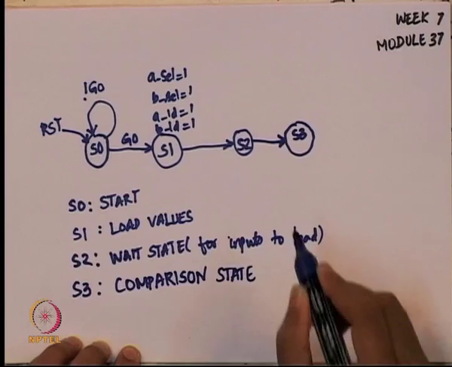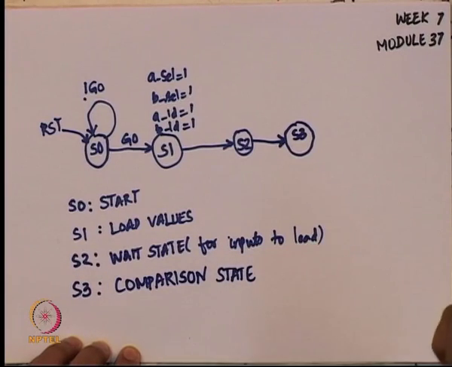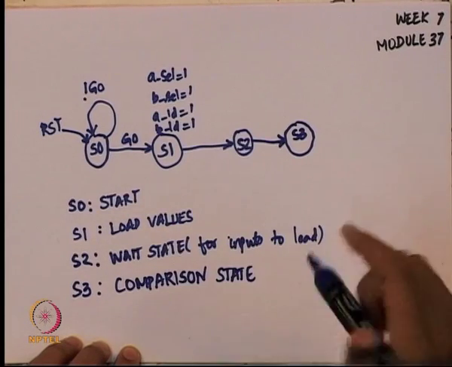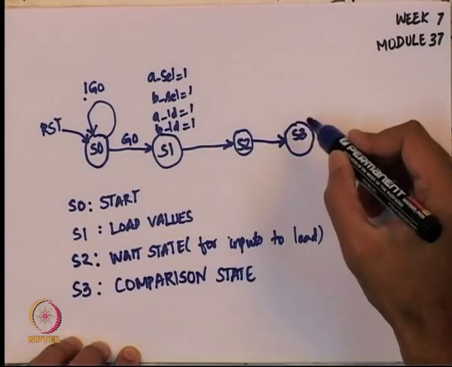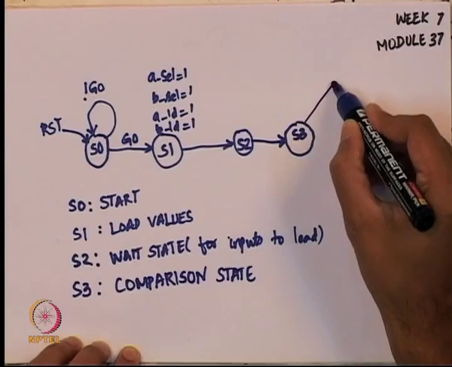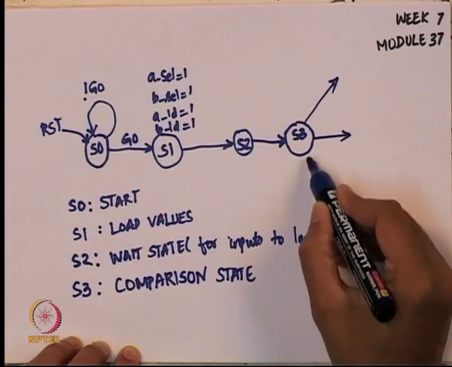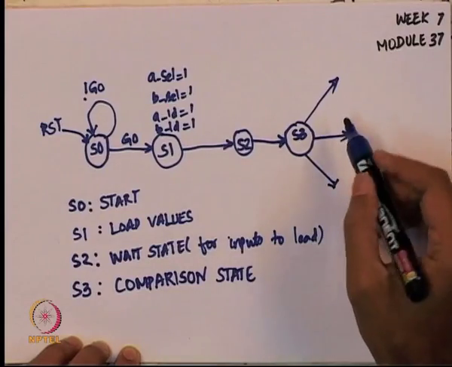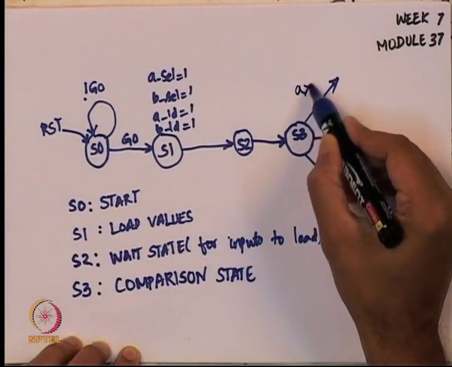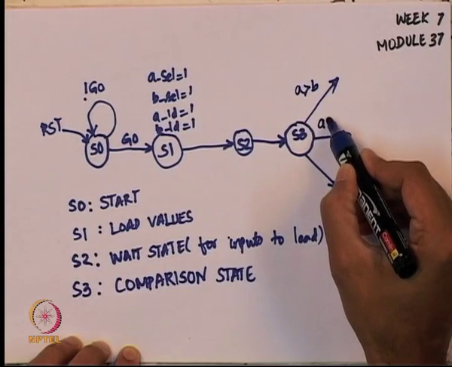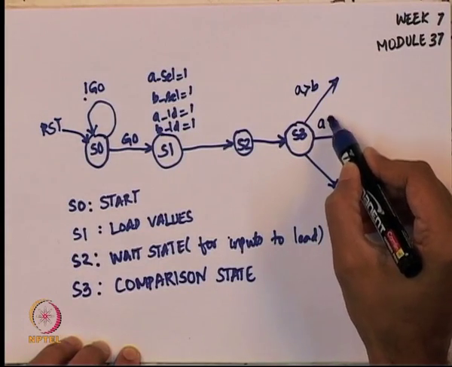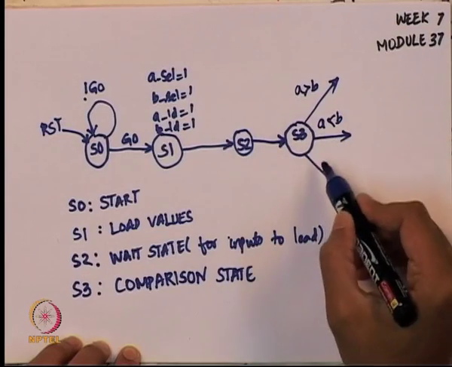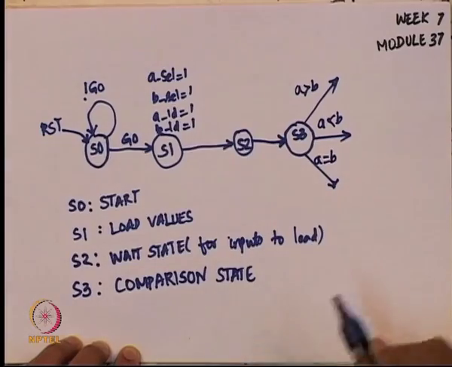In this comparison state, we gave one cycle for the comparator, which would have taken A and B and compared them, and the outputs less than, greater than or equal to would have come to the controller. So, this is the compare stage, and there are now 3 possibilities from the compare stage. The 3 possibilities are that A is greater than B, A is equal to B, or A is less than B.